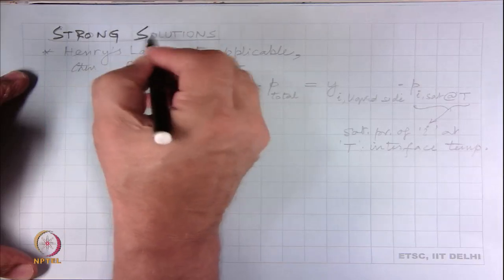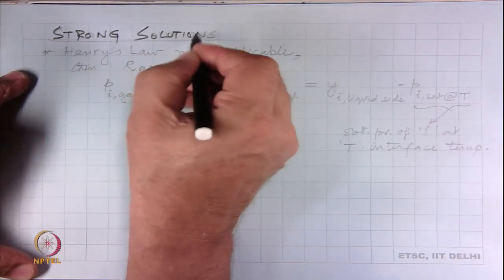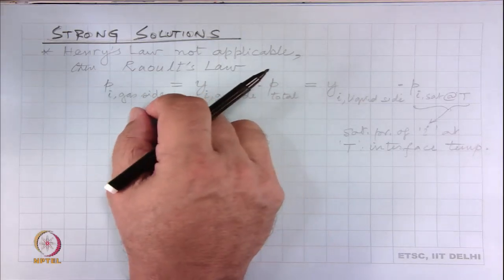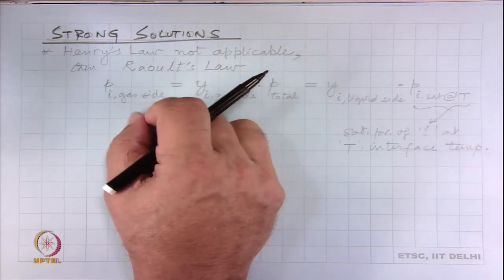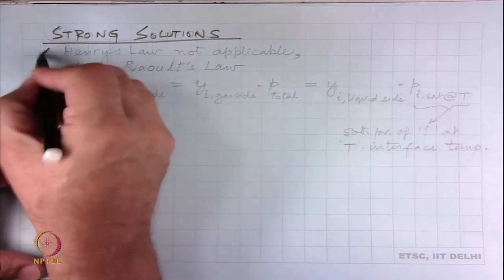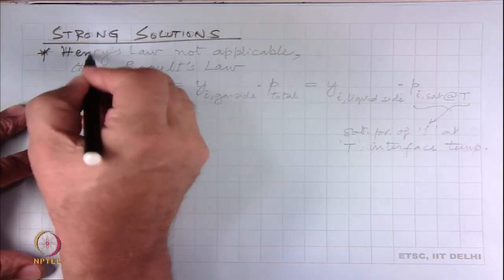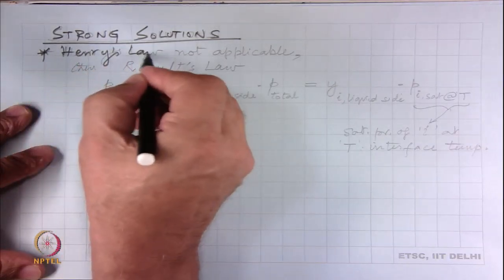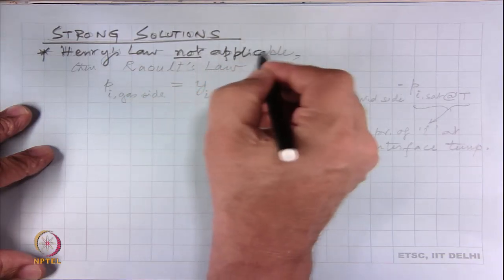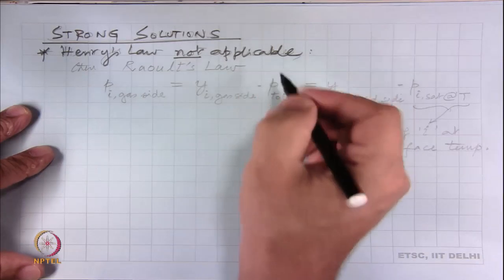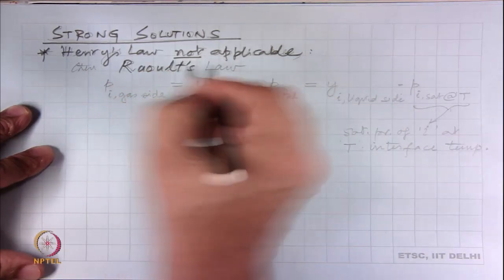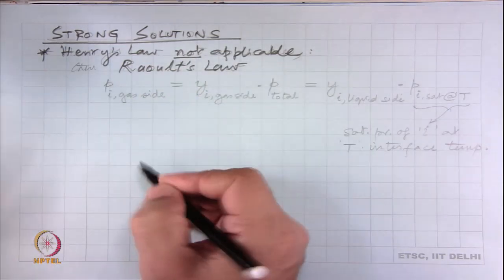What if you have strong solutions? And this is what we encounter in things like the burning of biodiesels or solutions in vapor absorption systems. In all those cases, we cannot apply Henry's law. Then there are more advanced techniques that we have to use, one of which is Raoult's law. We will not go too much into the detail of these,